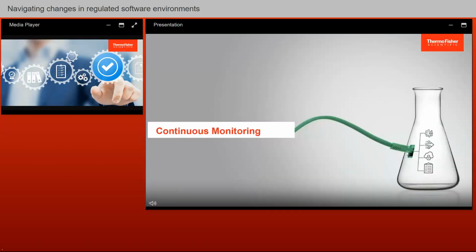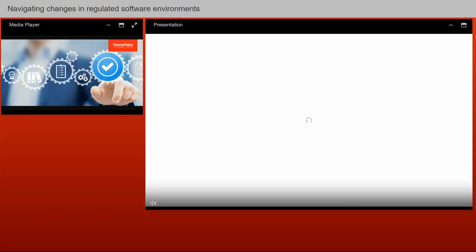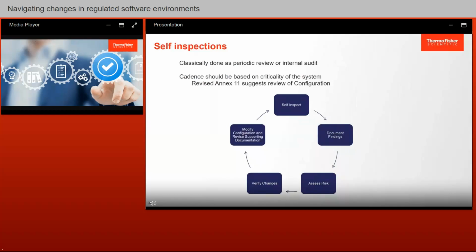our change control process. The other thing we need to do, as we have an application after we've upgraded it, is to make sure we're always monitoring it over its life cycle. It's not enough to just say we initially installed it, we verified it, and we started using it, and we were happy with it, and then eventually we want to make an upgrade, and we repeat a lighter process of our initial install and verification, and we're happy with it again. We need to make sure that we're adding between those two markers an additional process to make sure that we're maintaining compliance, essentially. So again, looking at configuration review,